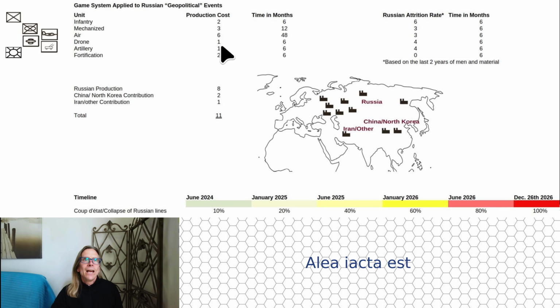Drone units and artillery, we can say, are disposable, so they continuously have to be upgrading that. They're getting this, again, maybe from North Korea, and drone unit components from China, and that's why I've contributed 2 industrial hexes to this whole production timeline. But the artillery will not be able to be replenished that rapidly, because they're going to have to be taking it from the production of mech units or infantry units.